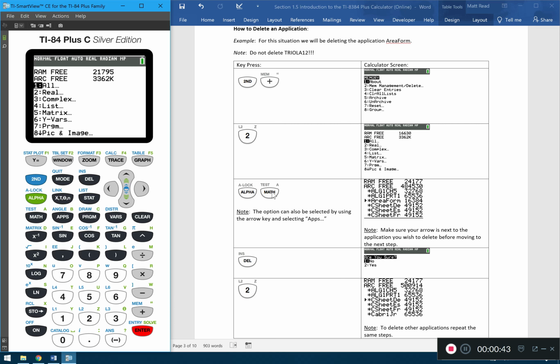Then you notice I did a shortcut here, alpha and math. That's going to go to the letter A, alphabet, then selecting math goes to letter A. Let's see what's under the letter A by scrolling the way through here. And we see under letter A is apps, and that's where we need to go for our management deleting right now. Then you notice that I kept all but one application in here to show you how to delete it